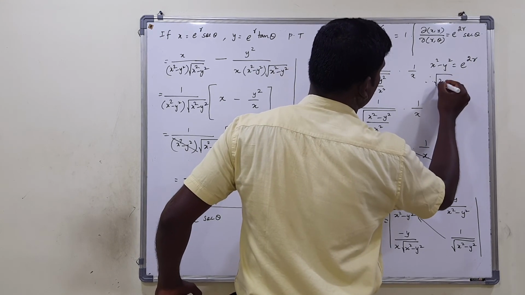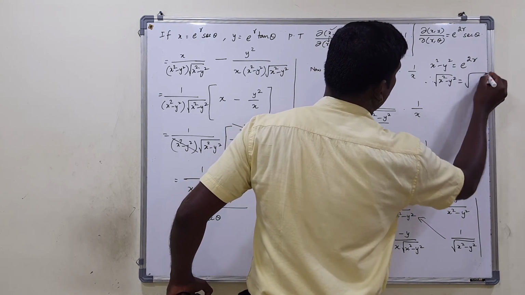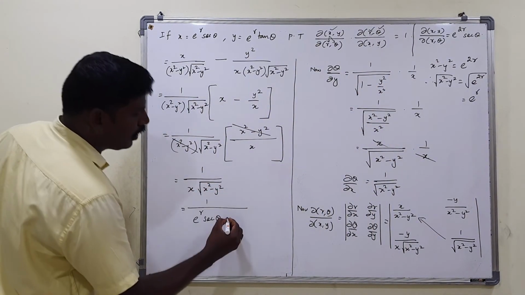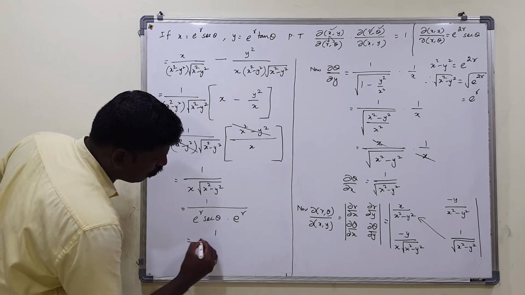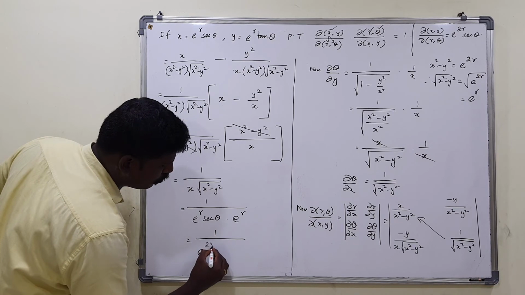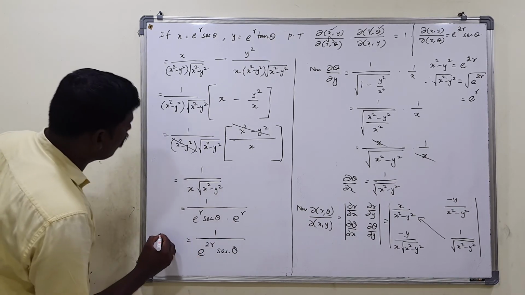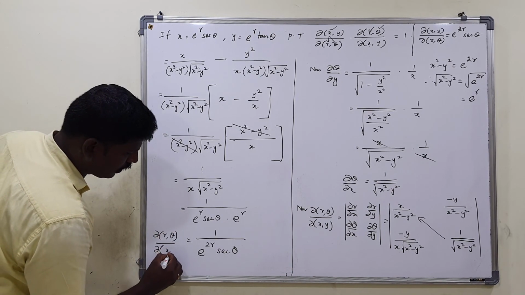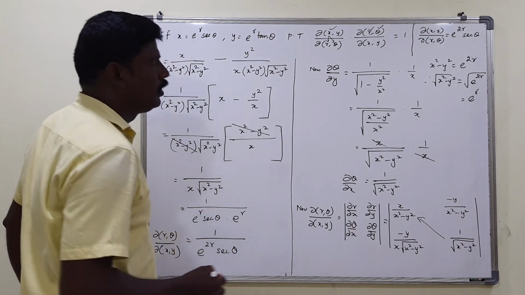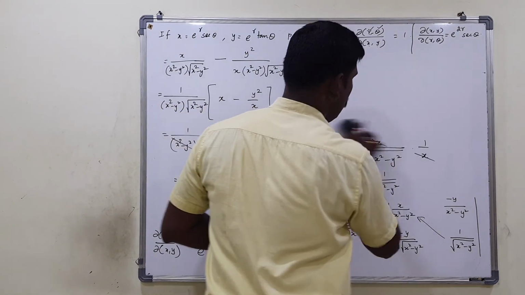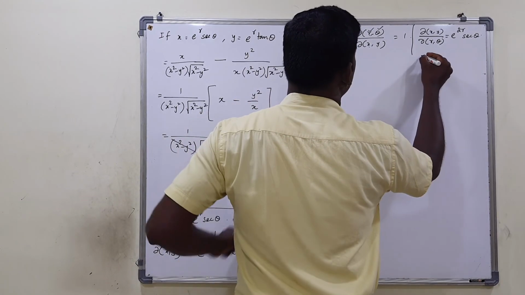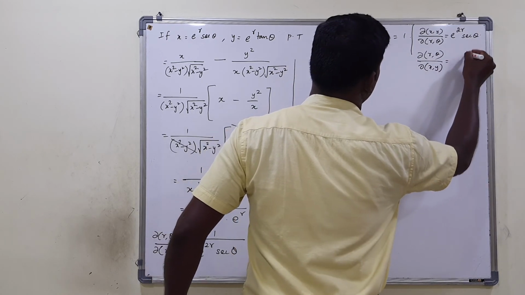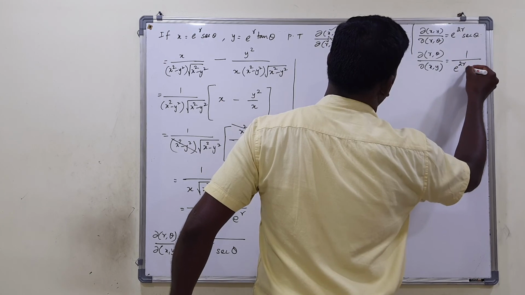Therefore root of x square minus y square is equal to what? Root of e power 2r. What is root of e power 2r? e power r. So we can write this value as into e power r. So that is equal to 1 by e power r into e power r secant theta, which is e power 2r secant theta, is the value of ∂(r,θ)/∂(x,y). Okay, right? That's all. Now we found out both of the two values, isn't it? ∂(r,θ)/∂(x,y). What is this value? 1 by e power 2r secant theta.